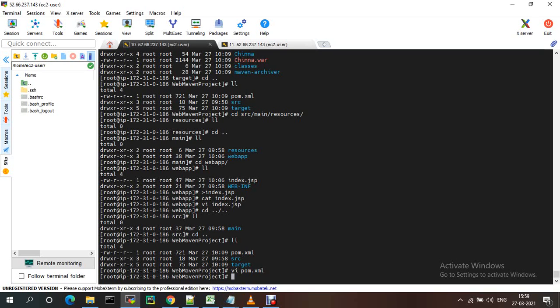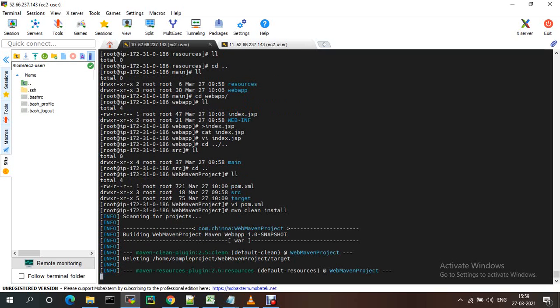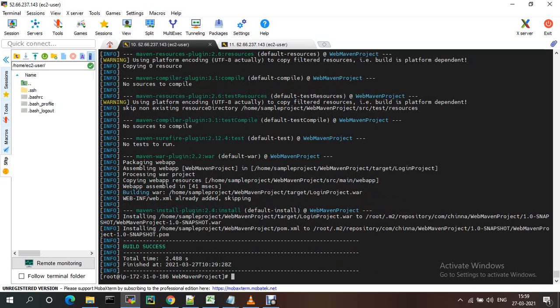Now you just need to build the war file, mvn clean install. Then go to target, and the login project war will be available there.